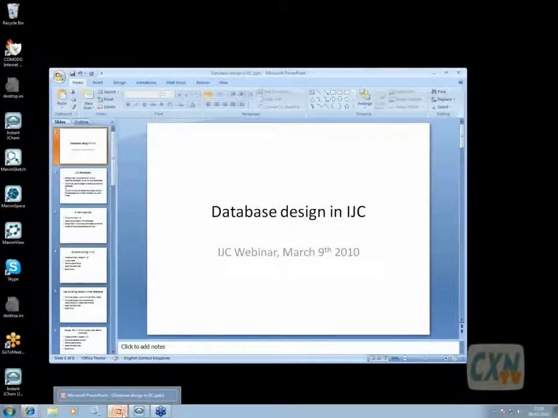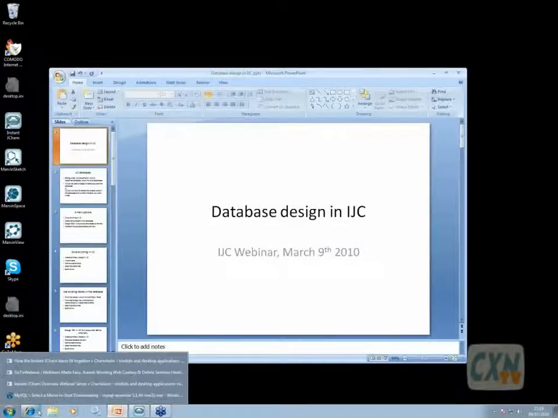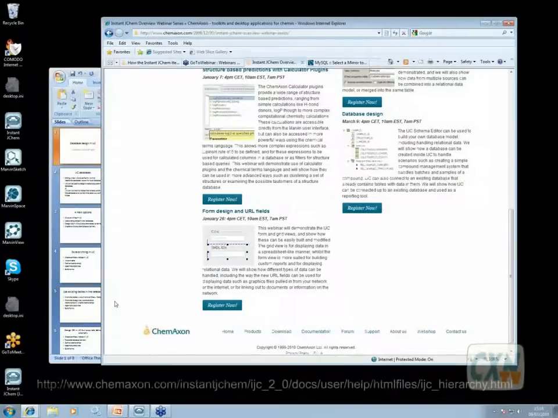Those are different ways that we can actually go about doing this. So what we'll do in a sec is we'll look at actually doing this within Instant JChem. But before I do that, I'll just point you to this particular page in the user guide. It's called How the Instant JChem Items Fit Together, and it provides a good description of what all these different